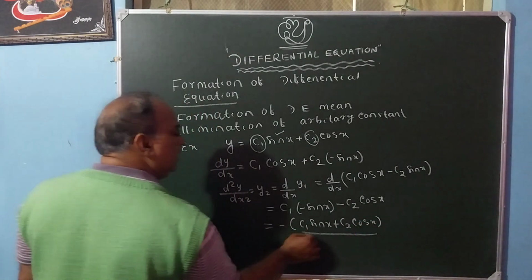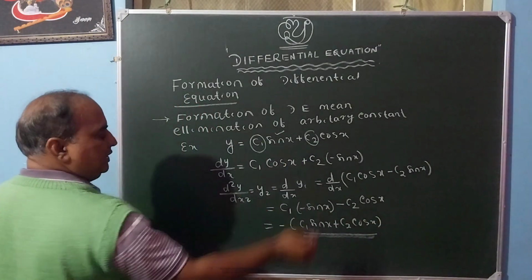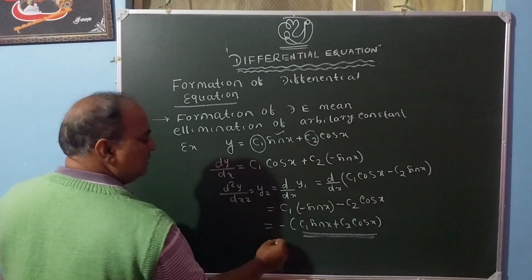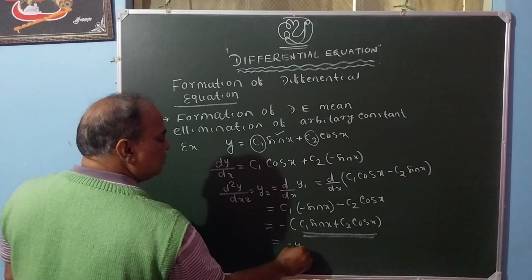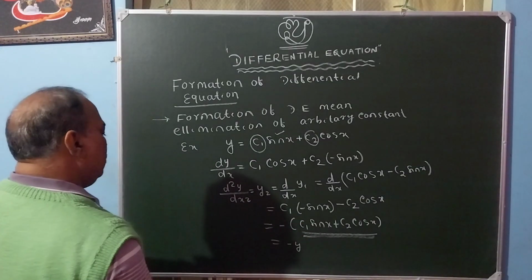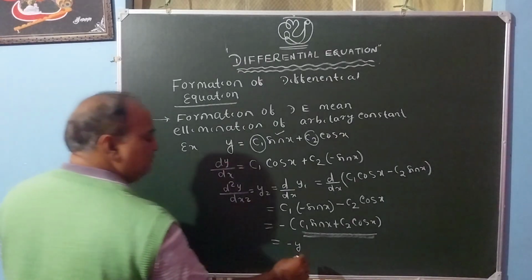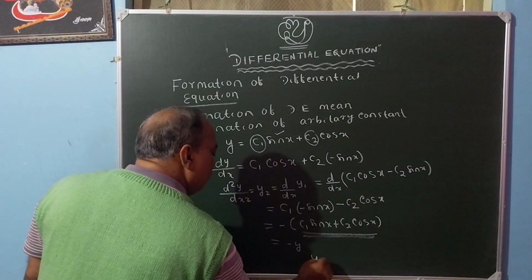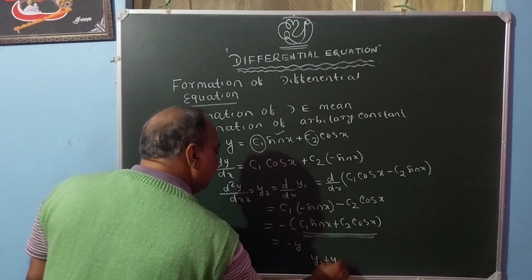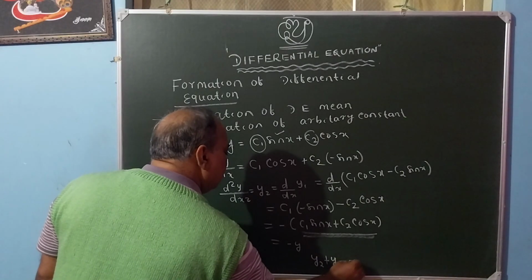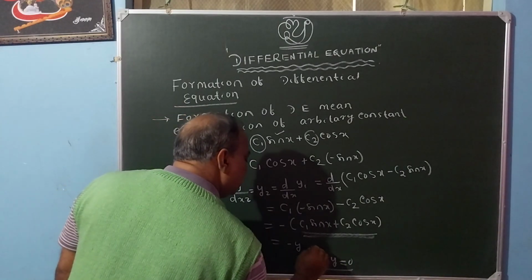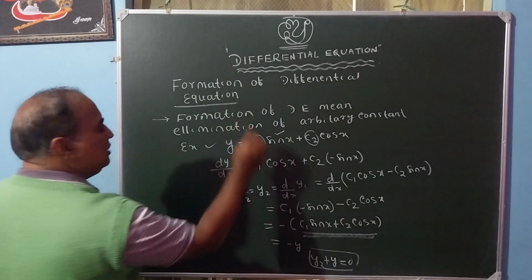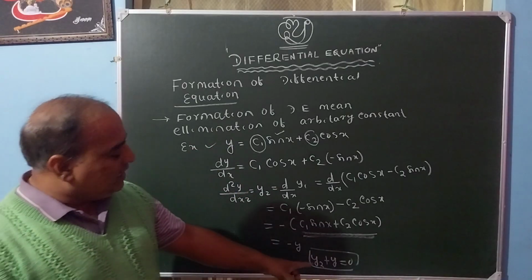So this is nothing but y, so minus y. So the differential equation is given by y2 plus y is equal to 0. So this is the differential equation. It is its solution. The corresponding differential equation is